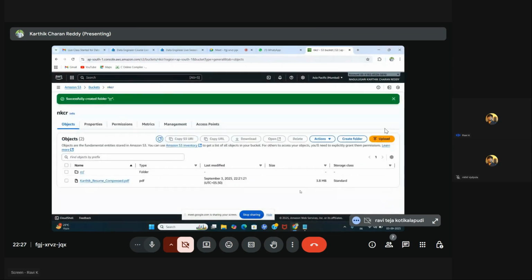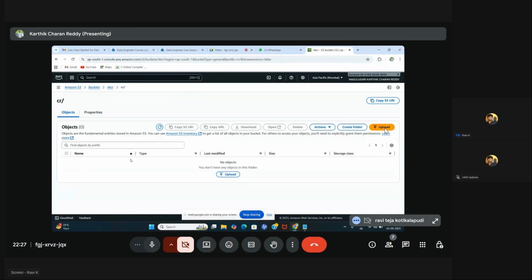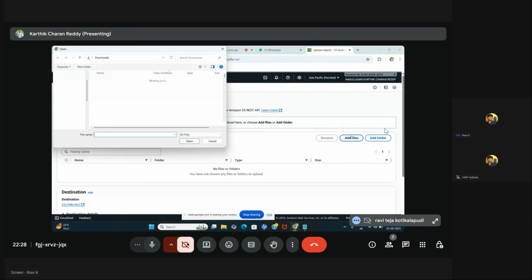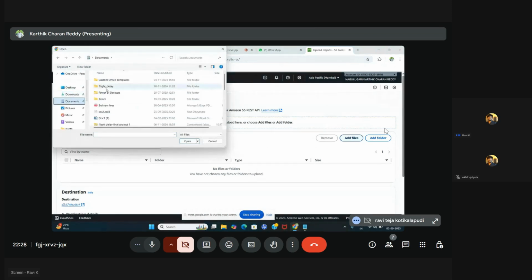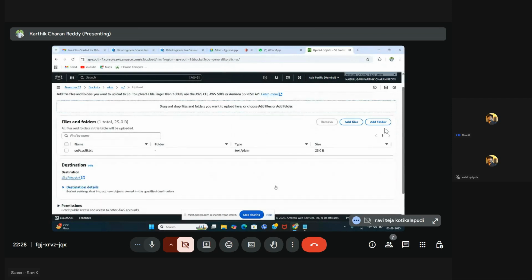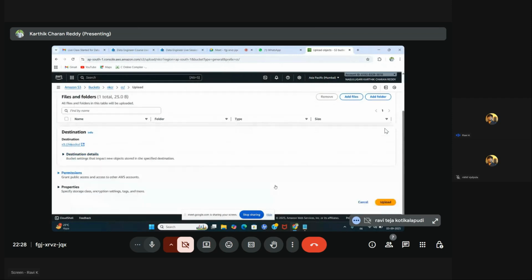Now open that folder. Click on upload, then click on add files. Open the file where you have created it, and click on upload.